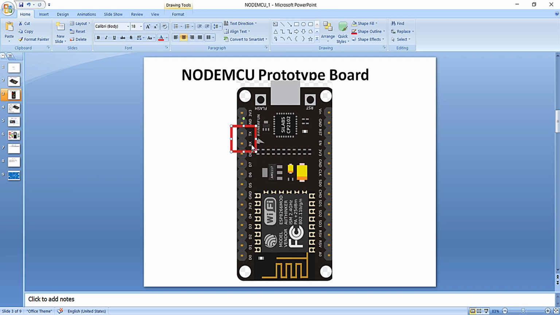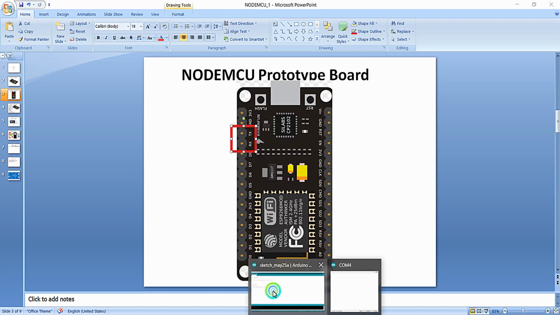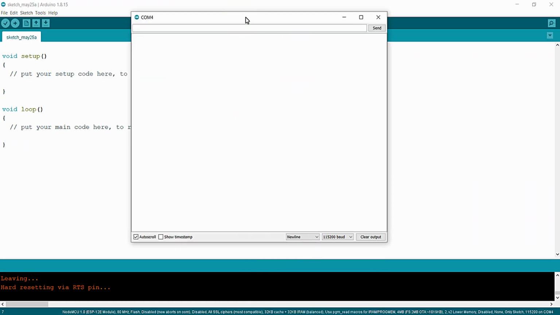By default, the UART serial communication lines RX and TX are connected to this USB driver CP2102, and you can use this UART of the NodeMCU for transferring and receiving data from the serial monitor available in the Arduino IDE.